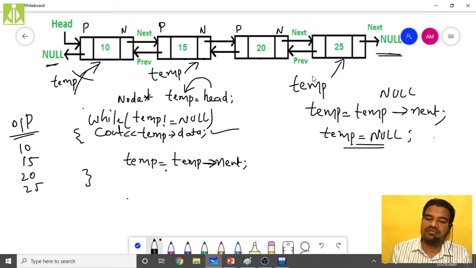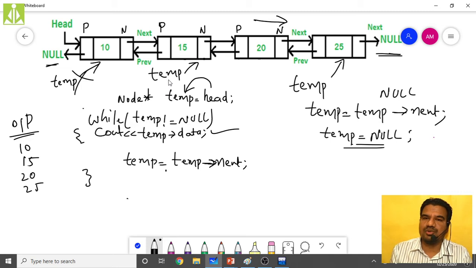So after printing all the values in the forward direction, your temporary pointer becomes null and is of no use to us. Using the same temporary pointer, we cannot traverse in the reverse direction.